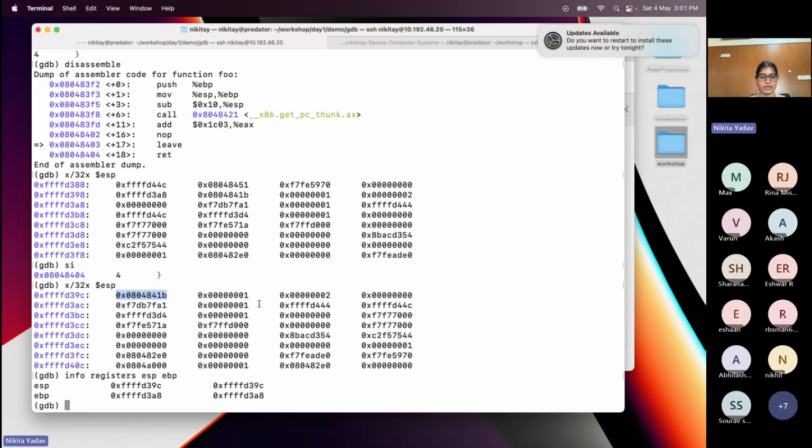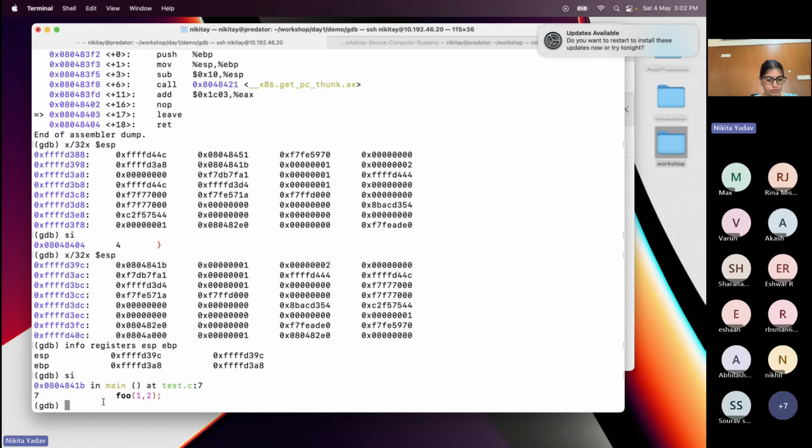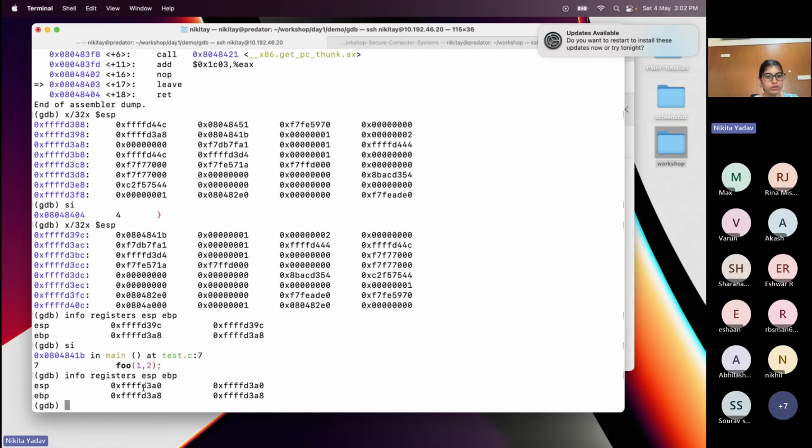All of this will be handled by the main function, I think. So then let's execute the next instruction, and let's look at the content of the registers. The content of the registers is now here. EBP is here. ESP is